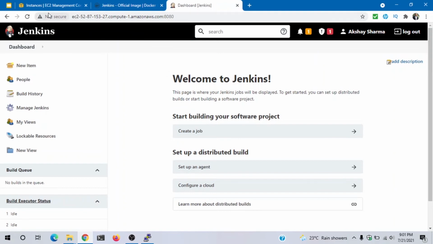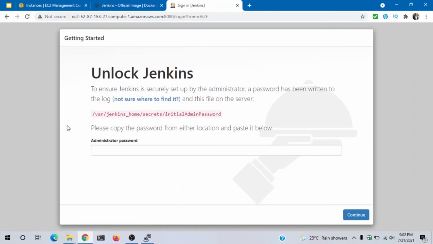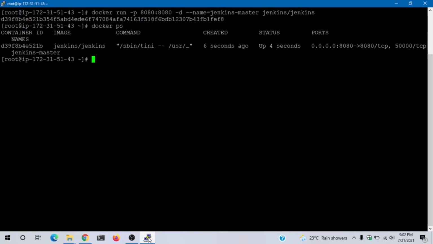Okay. Now in order to fetch the activation key, if I again refresh this window, you'll see that my Jenkins installation is started again, right? It is asking us to unlock Jenkins, right? But since all the logs and everything are generated inside the container and we have executed it in detached mode, we cannot see the secret key which is generated at runtime.